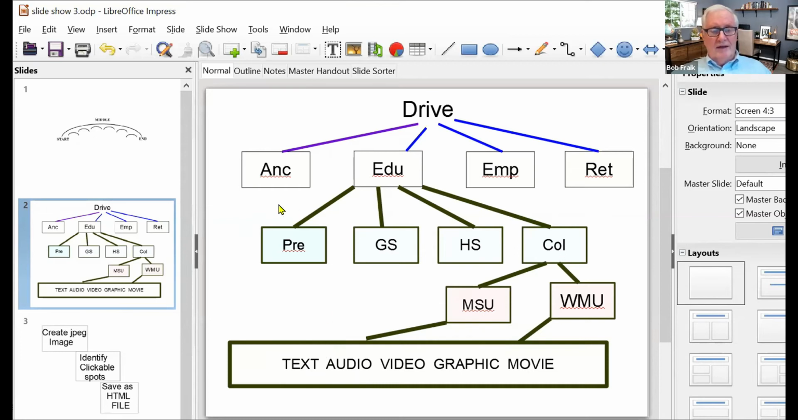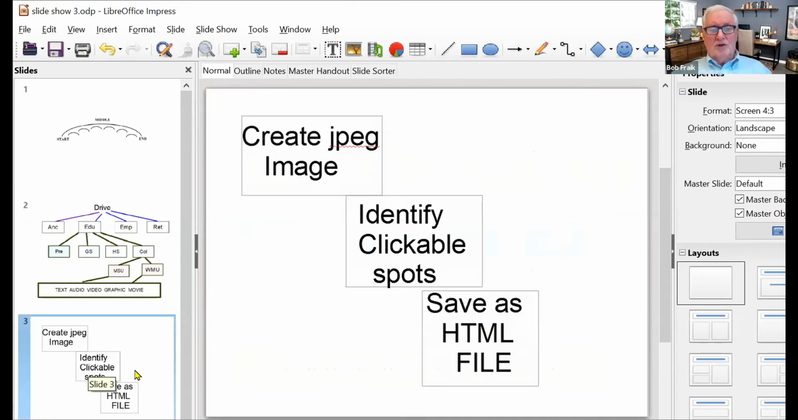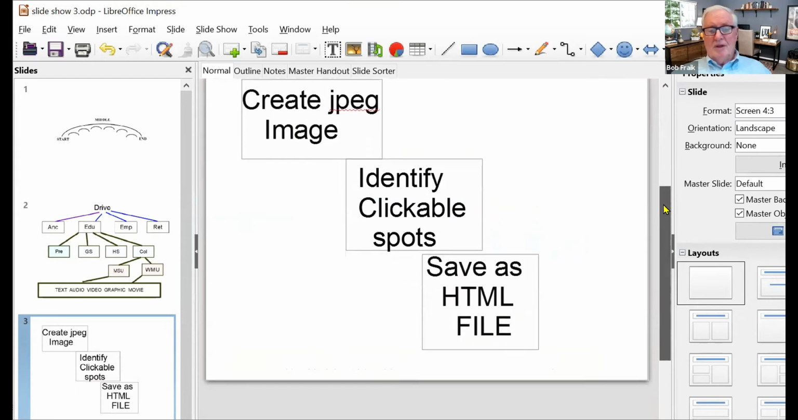So with that, we'll talk a little bit about creating a web page, which is one of the things that's covered in today's topics. Creating a web page basically covers three significant parts. The first one is to create a JPEG image. You need to have some reference to let people know where you're going. Now that